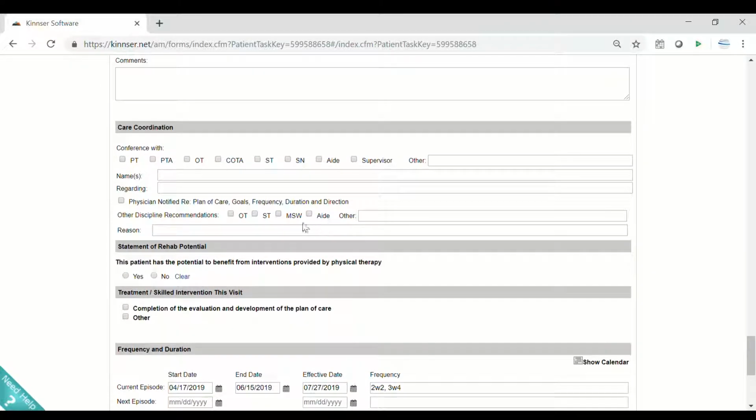Remember, after therapy evaluation, you must call the physician and notify them. Click this box here, and you can type in this information here. I have my computer pre-defaulted to this. And maybe I spoke to Cheryl at Dr. Butt's office at this time and date. This is the information you need to have here.